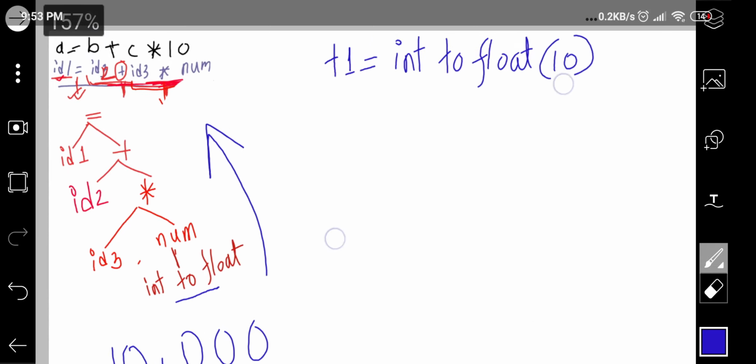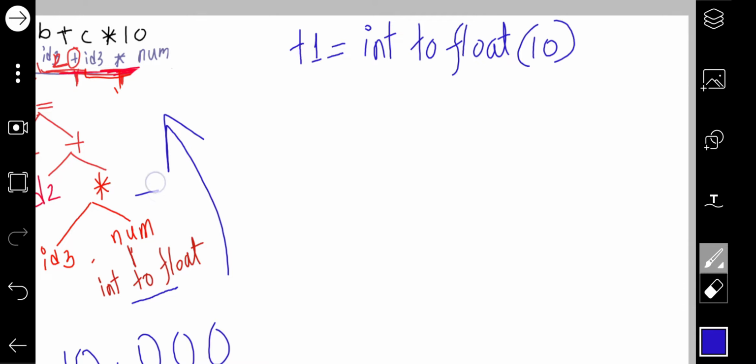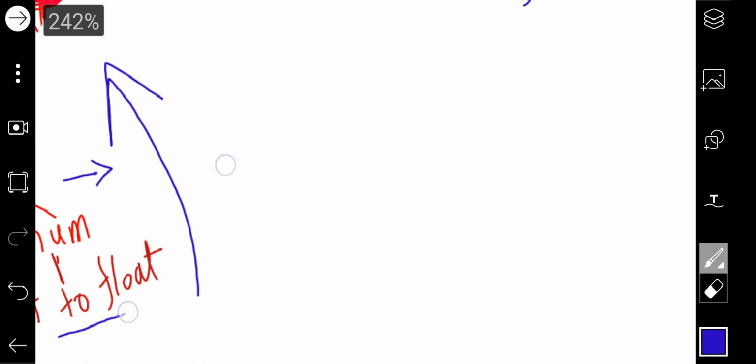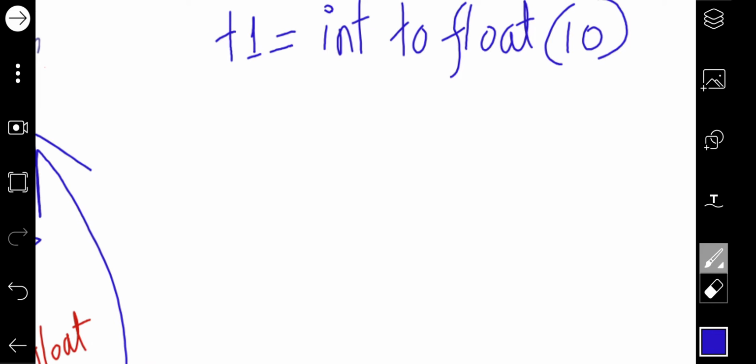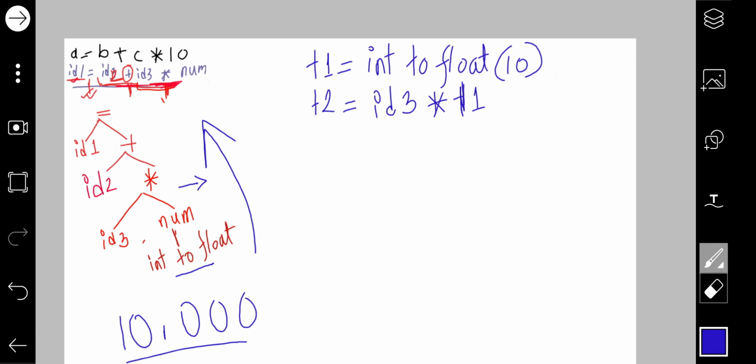Now the next task is the multiplication between ID3 and T1. We'll declare another temporary variable, T2. Now T2 will be equal to ID3 into T1. Okay, so this step is done.